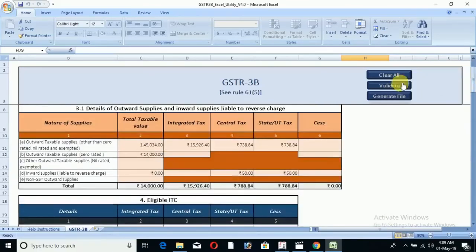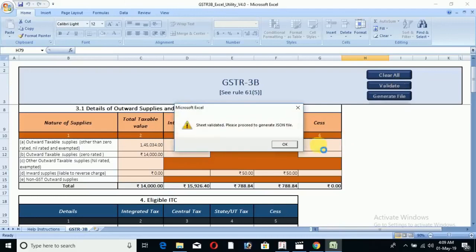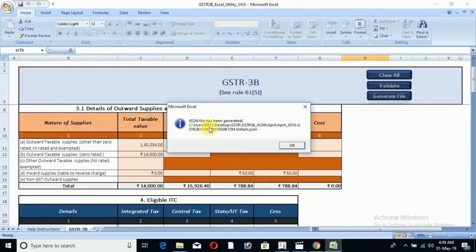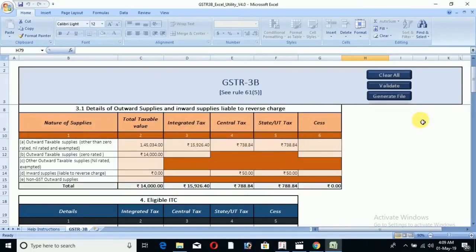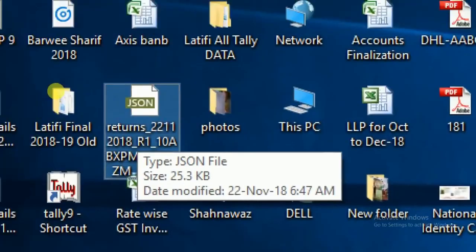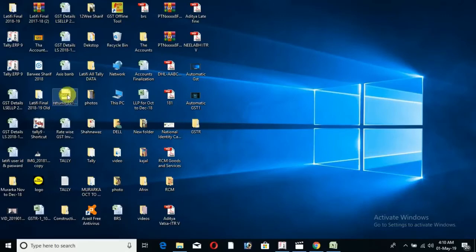Then click on Validate. Then OK. Then Generate File. Finally, you are getting the message that JSON file has been created. OK. The JSON file is finally saved on desktop. Now upload this file in GST portal.